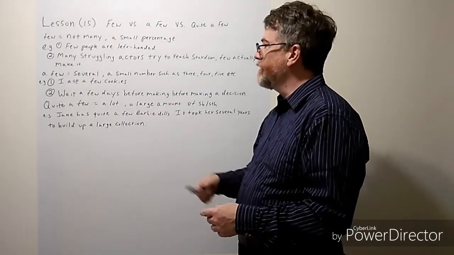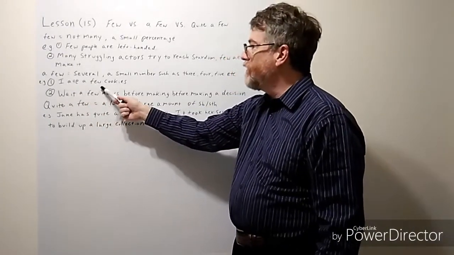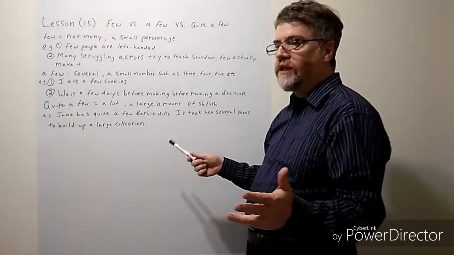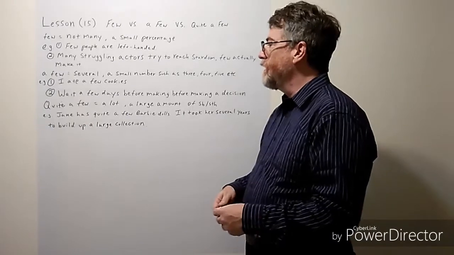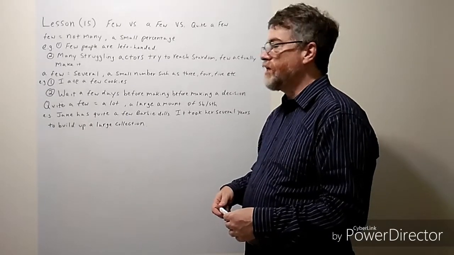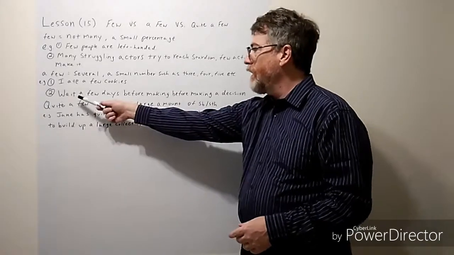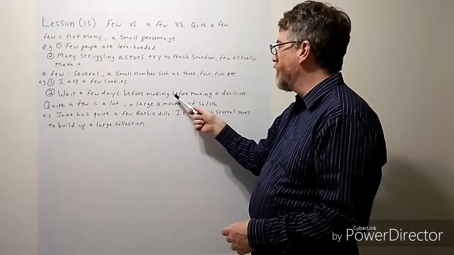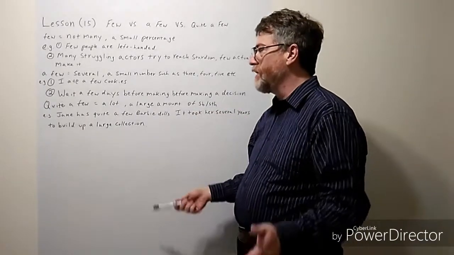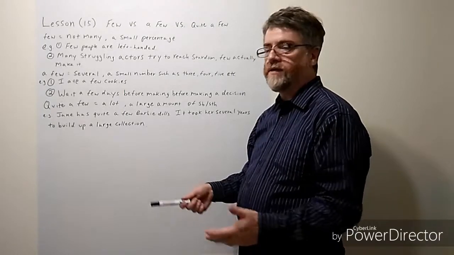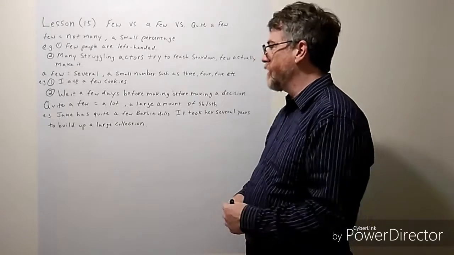And so again, here's a few examples. Number one, I ate a few cookies. All right, here you literally mean a very small number, like maybe you ate 3 cookies or 4 cookies. You don't really mean a small percentage here. Wait a few days. Yeah, wait a few days before making a decision. Here they literally mean wait 3 or 4 days, somewhere in that area, before making this maybe important decision.